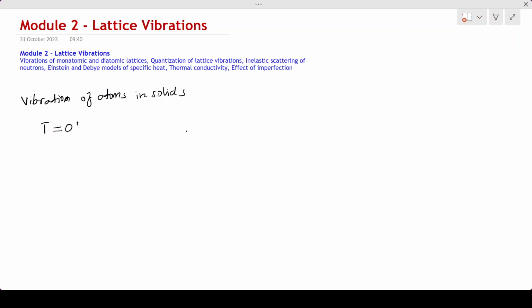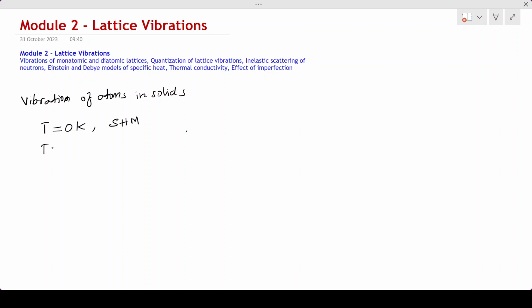temperature is equal to 0 Kelvin, that is, at absolute temperature. We can see that the energy will be minimal in that condition, and the vibration will execute a simple harmonic motion. So the vibration of atoms in a solid at T equal to 0 Kelvin will be a simple harmonic motion,